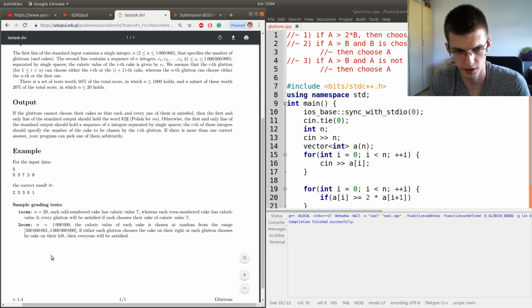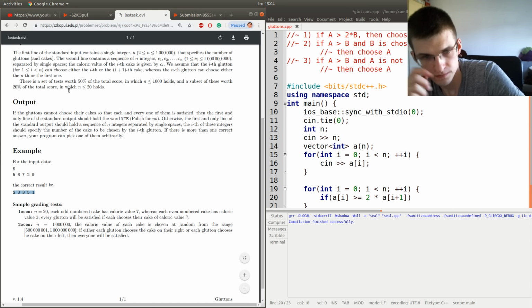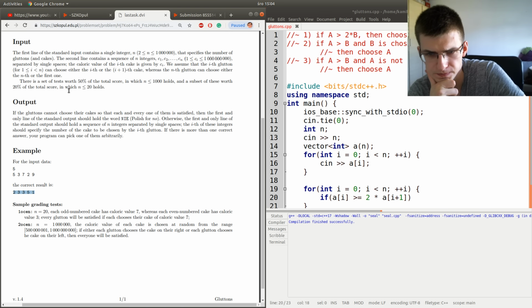Okay, we've read the input. The output will be... what will be the output? The ith number is the index of cake chosen by the ith person.